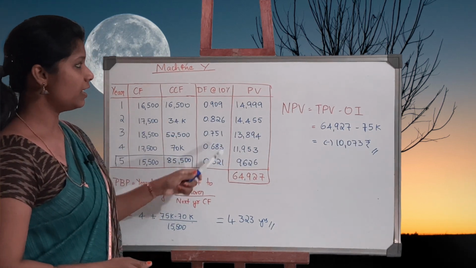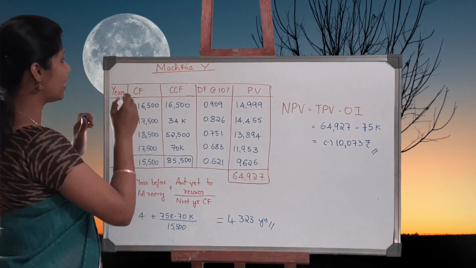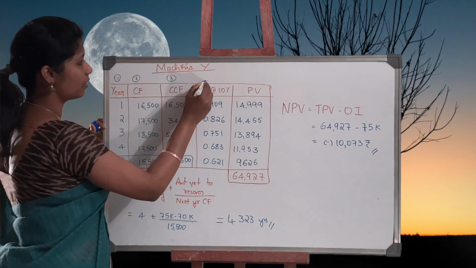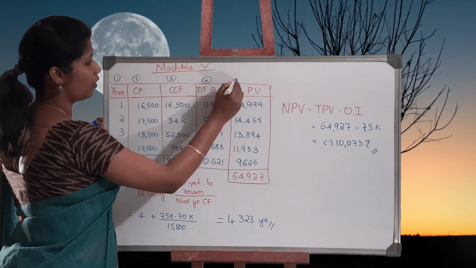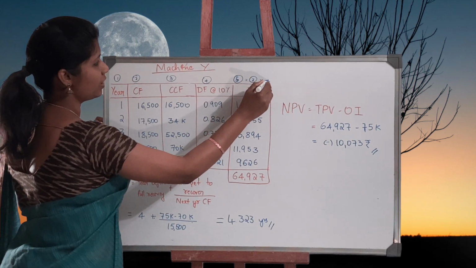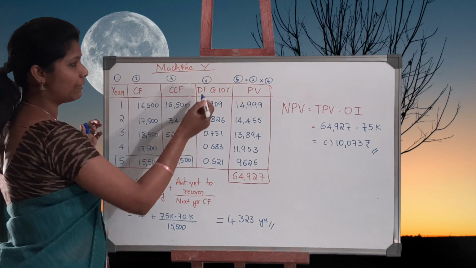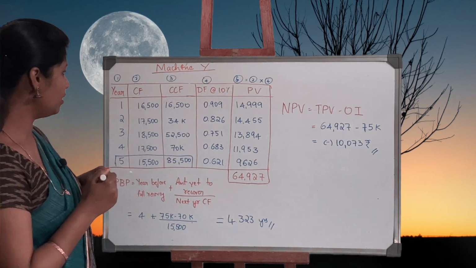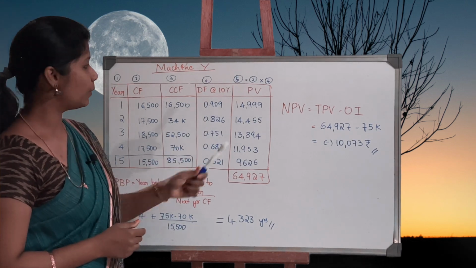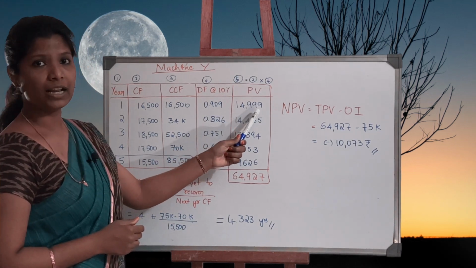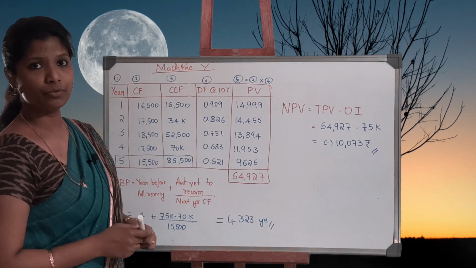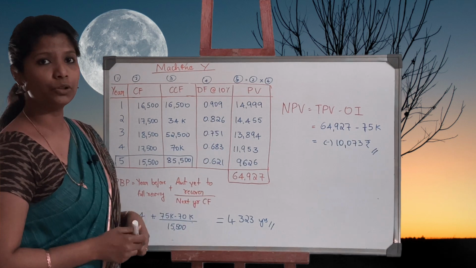Next up is our net present value. Discount factors are given and the present value. You can again number it for a better understanding. So your 5th column, how do I find out my present value, equals 2nd column multiplied by the 4th column. Cash flows multiplied by the discount factor, that is 16,500 multiplied by 0.909. We arrive at 14,999. 17,500 multiplied by 0.826 and so on. I get the total present value of